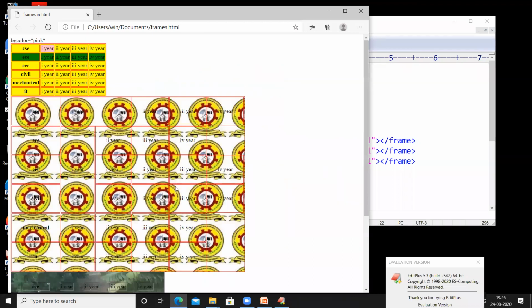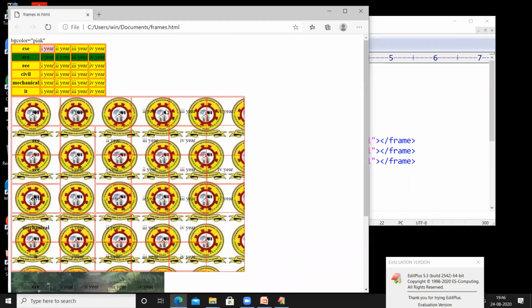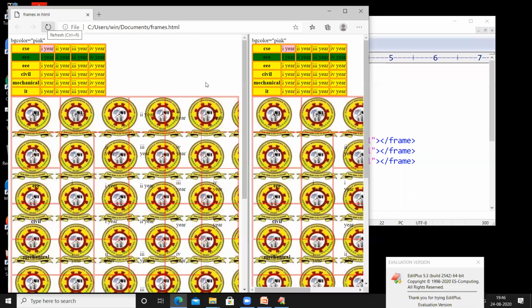So it is occupying the entire page because we have mentioned here 50, and not a single other percentage. Let us use one more percent, that is 25%. Just saving the program and making a refresh. So the entire web page is divided into two parts. That is, it is occupying the first 50 and the remaining 25, right?